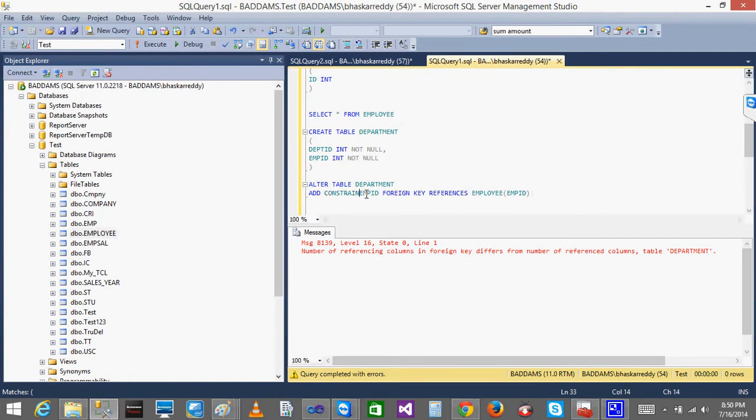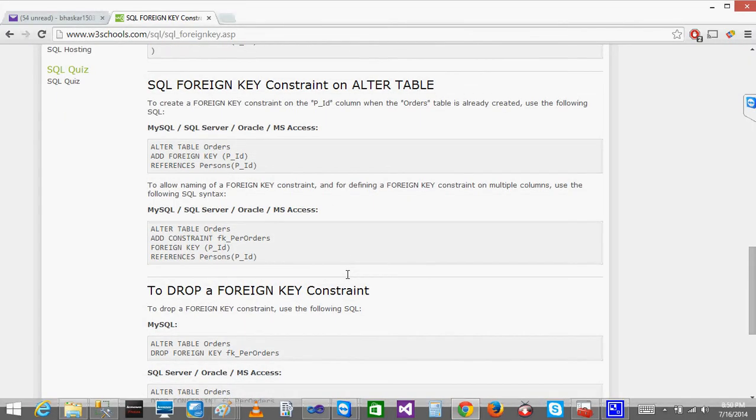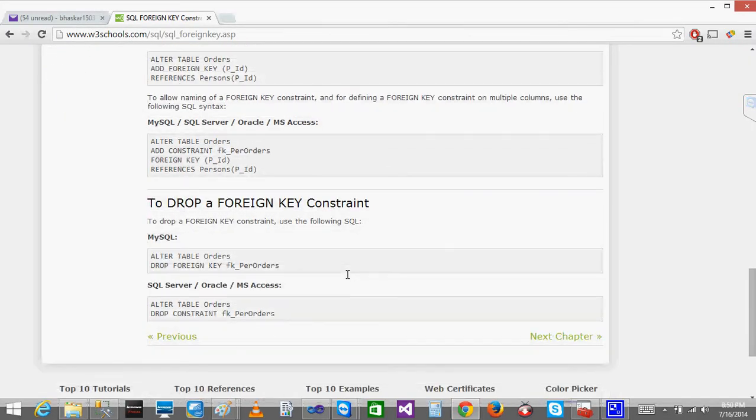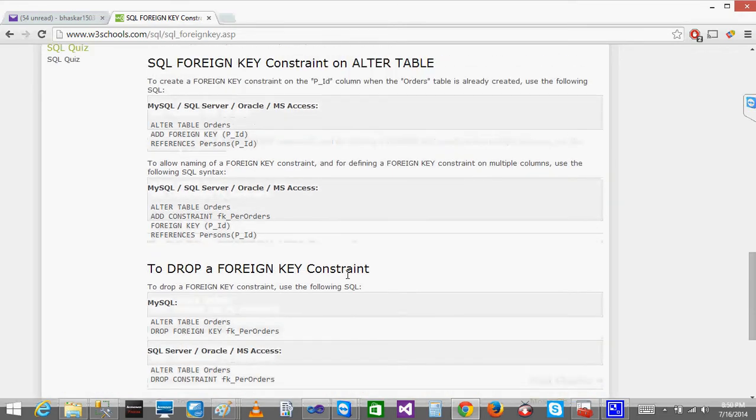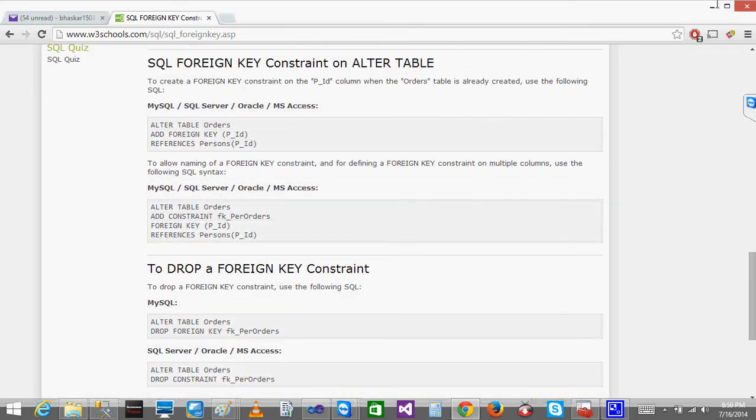That's the thing. You just give the constraint name, and then this one. Foreign key, here emp id. The example has given FK underscore person ID as the constraint name.